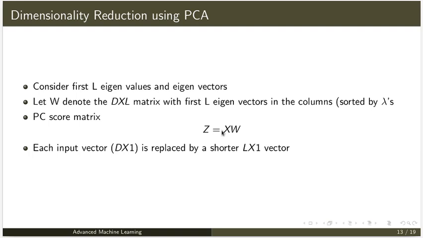How do you use PCA for dimensionality reduction is very easy. First we do the eigenvalue decomposition of the covariance matrix. Then we use only the first L columns.